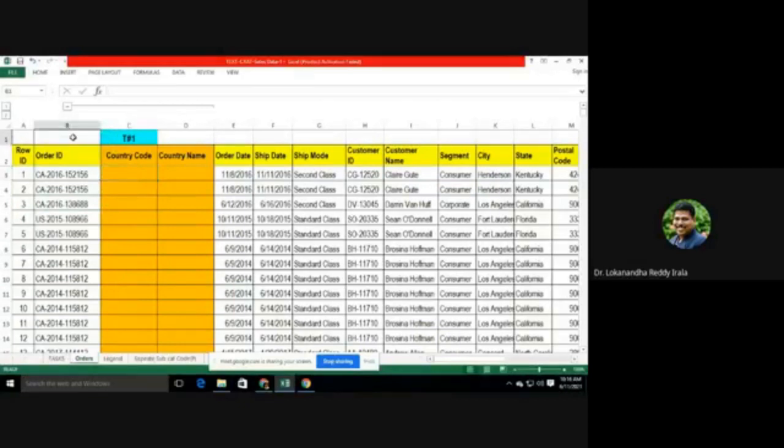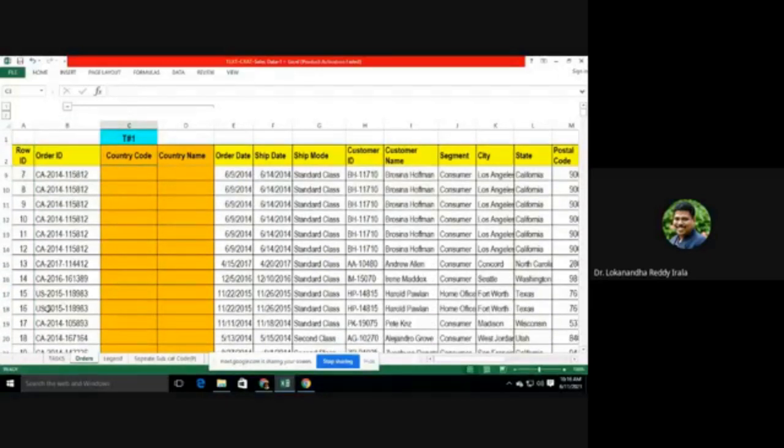So from order ID, we can read the country code. If you carefully observe the order ID, it consists of a 2-digit country code at the very beginning, followed by maybe the year, and followed by maybe the product code, right?